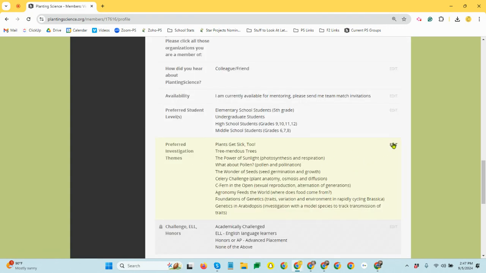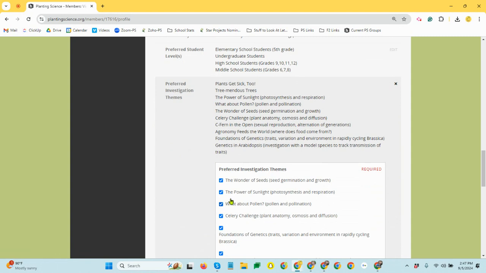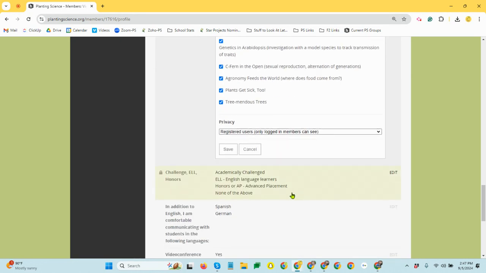And then you'll want to check your preferred investigation themes. Look for the power of sunlight. It's the second one. Make sure that is checked as well. Okay. If those are not checked, you will not get invitations, because those are the groups that we're working with